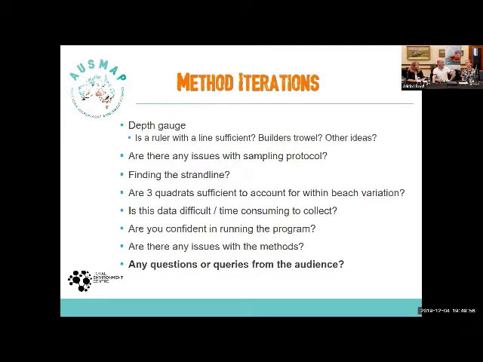Finding the strand line is also a common issue, and Tony might be able to talk about that as well. When we go out to the beach, often there are multiple strand lines, so how do we choose where to sample? In the guidelines, we say take the high tide mark, but obviously there are multiple high tide marks in some instances, so it's the most complete line you really want.